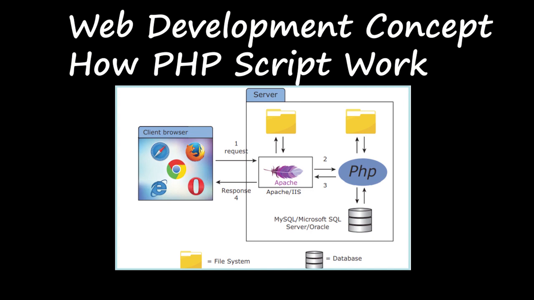From the client side, the end user opens the browser and types the URL of the website, which initiates the request to the remote server machine over the network. Through the network we stay connected, and if the user types the URL, they can see whatever you have created. After receiving the request from the client machine, the web server will compile and interpret the PHP code available in the remote machine.